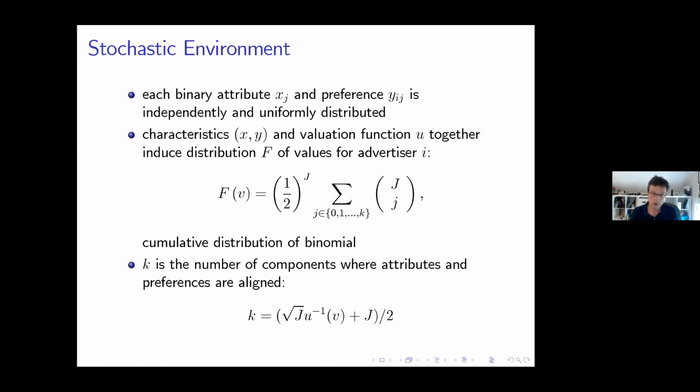The one point I should perhaps emphasize here: the way we thought about the independence and symmetry between attributes and preferences makes it such that the attributes generate horizontal differentiation among the bidders that is independent across the bidders. So what this model is generating is a model of independent private values of the bidders. That's the substantive restriction of the current model. We would love, of course, to think about elements of correlation, but we're not quite there yet. So this is what we're starting with.